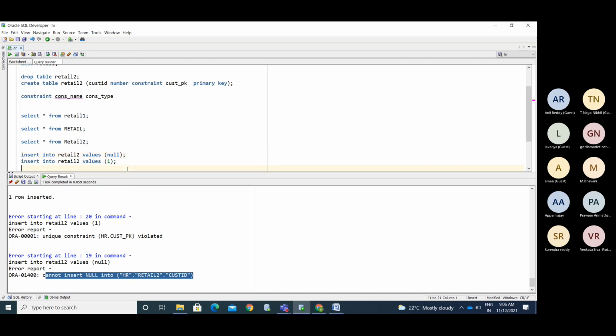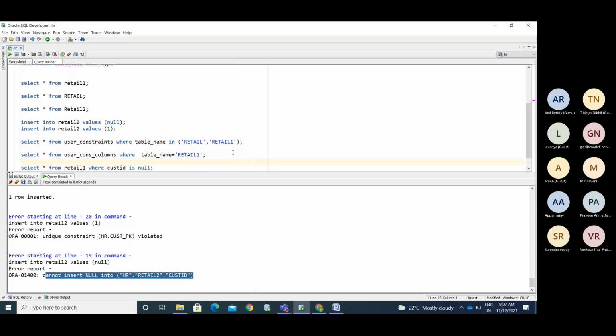So this is about the unique constraint, not null constraint, and primary key constraint. If you create a unique constraint or primary key constraint, it creates an index for that. I will show you, and you will get the index concept later. At that point you can understand these things.